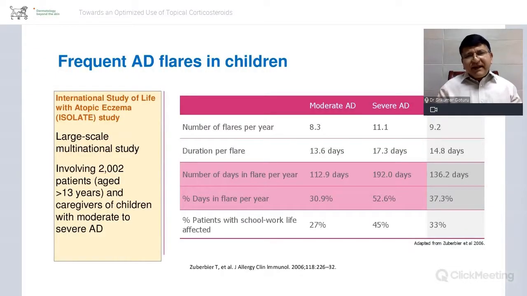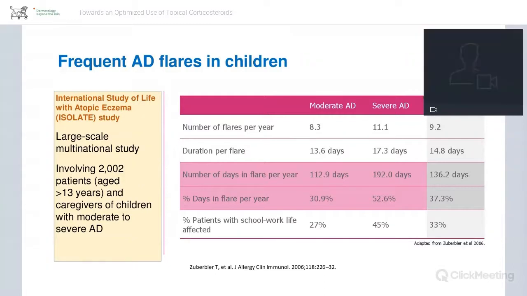Of course, frequent flares of atopic dermatitis are expected. It really has a very fluctuating course. And if you look at moderate and severe atopic dermatitis, and if you look at the duration of the flares, various studies have been there. You can see that nearly 27% of patients with moderate atopic dermatitis itself will have their school life affected, 45% in severe, and on an average around 33%